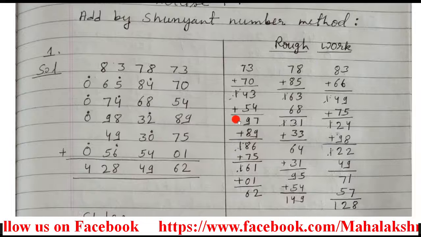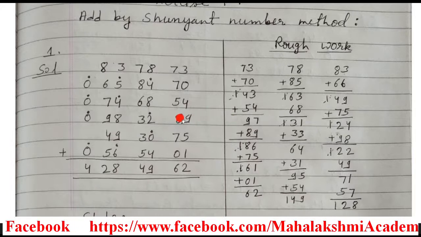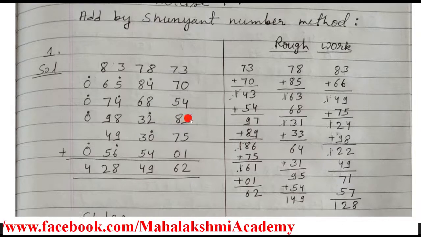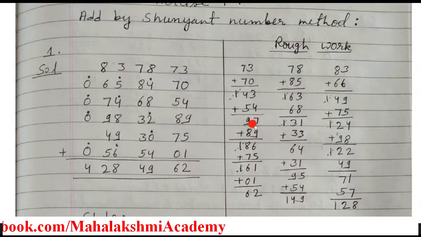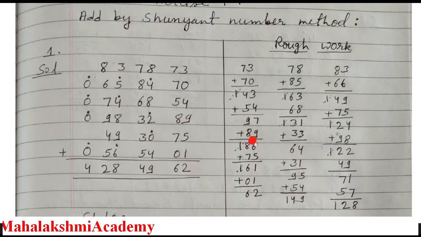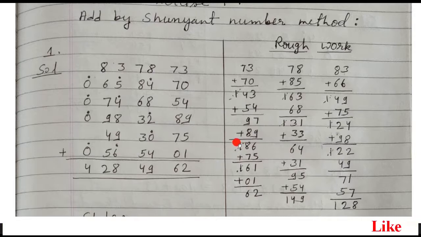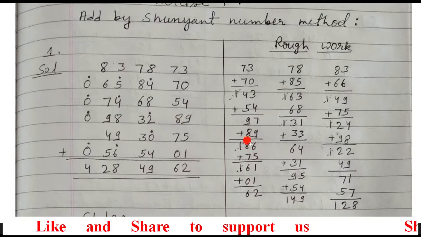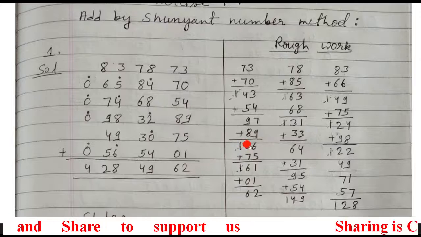Now since there is no 1, we'll move further, selecting the next number. After 54, what number do we have here? 89. So we'll write here 89. Now again we'll add them. When we add it, the summation is 186. So this one we partially cut, because we added 89 recently. Before 89, what number do we have here? 2. So this one will come here as Ekadika dot, and for further summation we'll carry only 86.